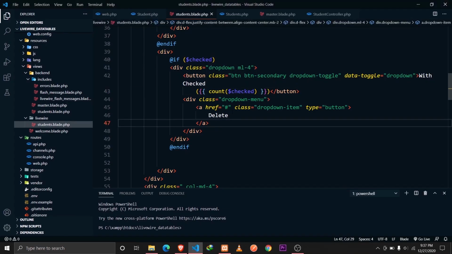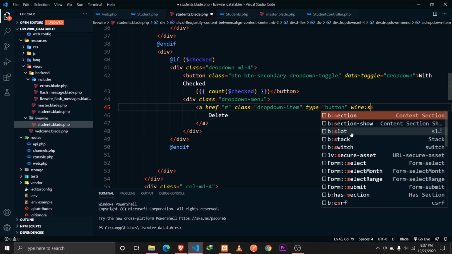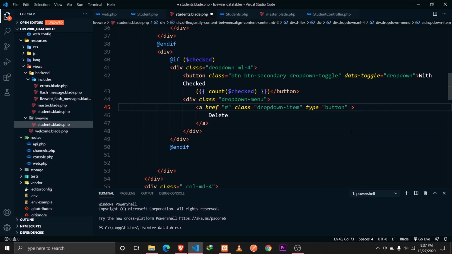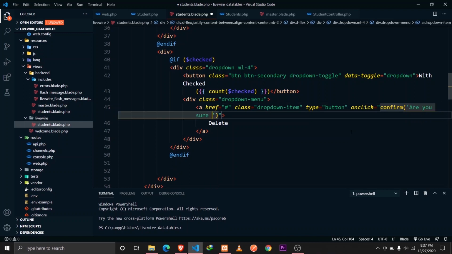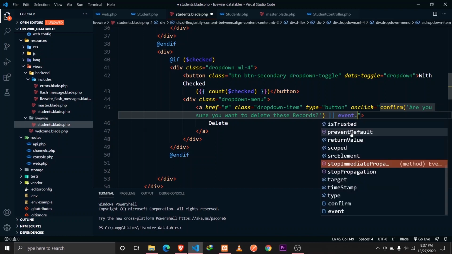Well, it's quite easy. Whenever the user clicks on submit, let's implement the onClick method here. So onClick, I want to show a confirm dialog, and I think I should wrap that in a single quote: 'Are you sure you want to delete these records?' And let's also pass an OR condition, and I will be executing a JavaScript function here, which is